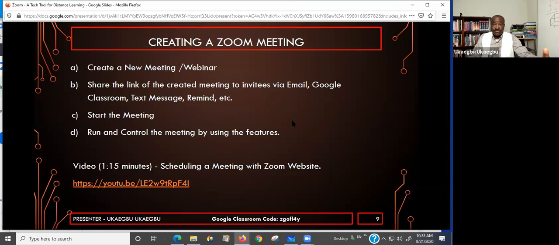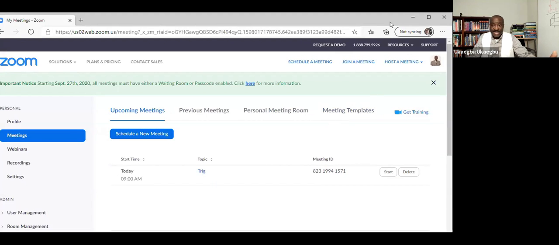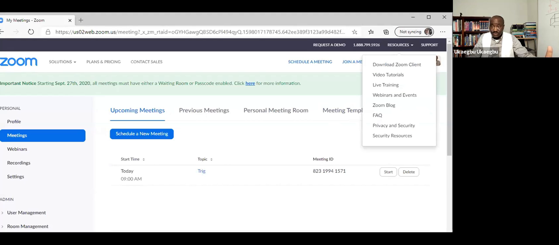So before you can use Zoom, you have to actually create something, the meeting, or schedule the meeting. So what I will do right now is I will share another screen and then I will demo how to create a Zoom meeting. Okay, so usually what I do is I log in into my Zoom account before I create the Zoom meeting. So once you are logged in into your account,